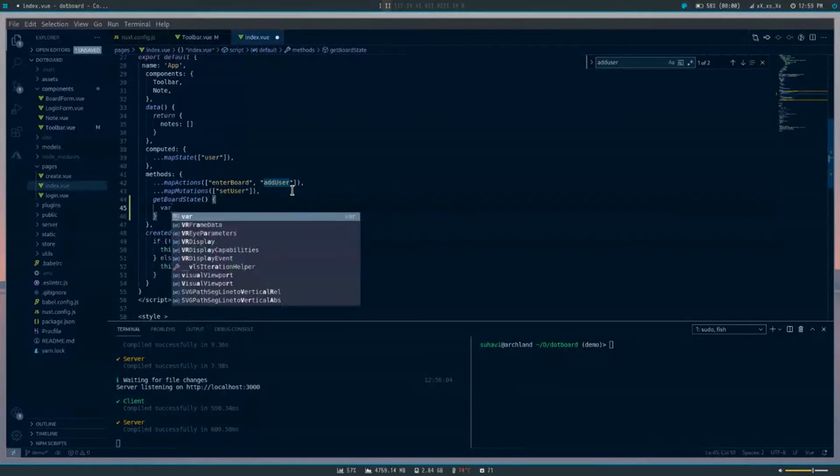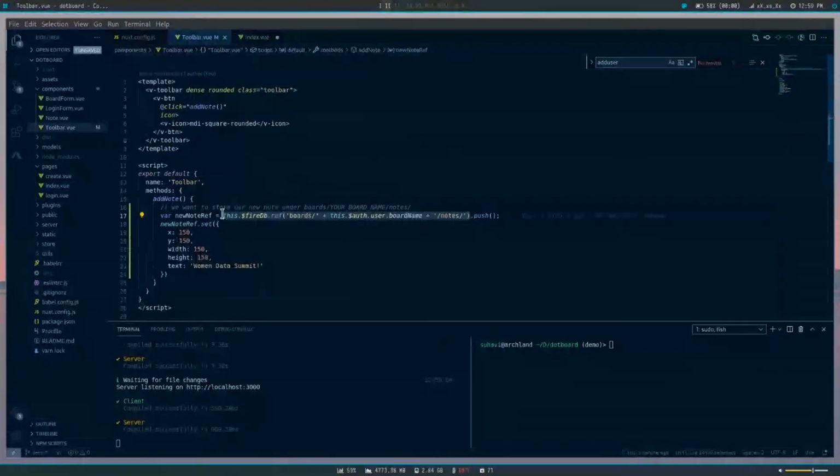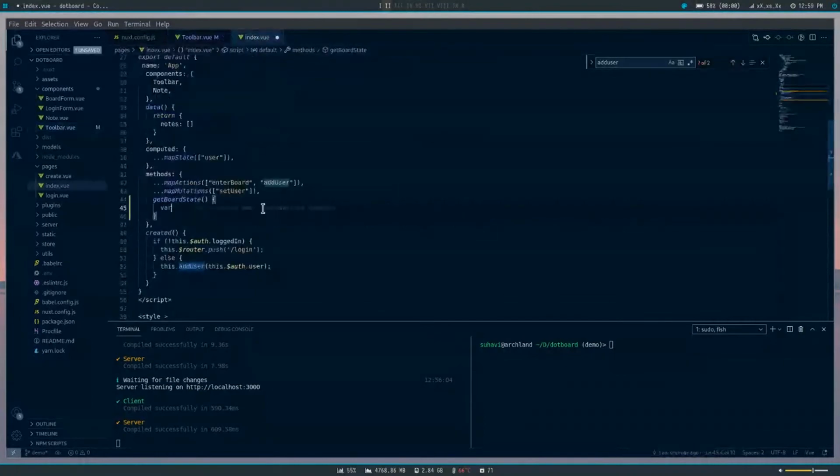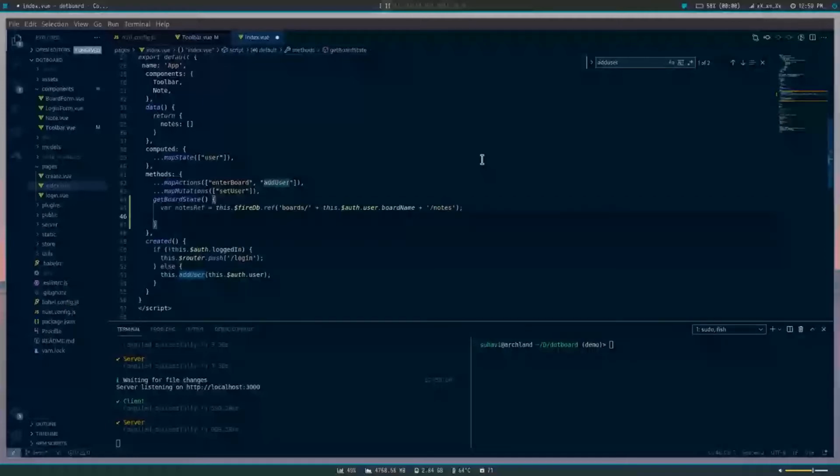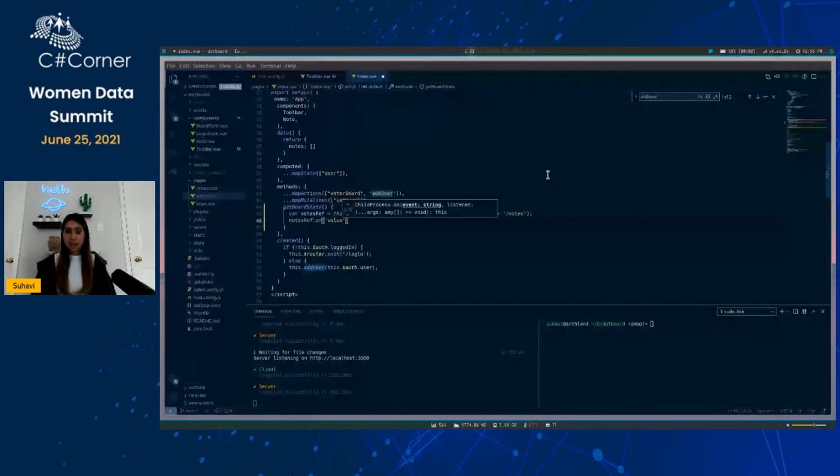And we're kind of going to do the same thing that we did when we create. We're going to access the same reference. But instead of pushing to it, we're going to create a listener. So var notes. Okay. And once we have the reference, we can check for changes on it. So anytime a value changes, we're going to get a snapshot. This is a snapshot of our database. And once we get that snapshot, we're going to update our notes.